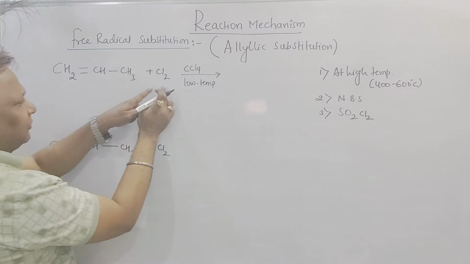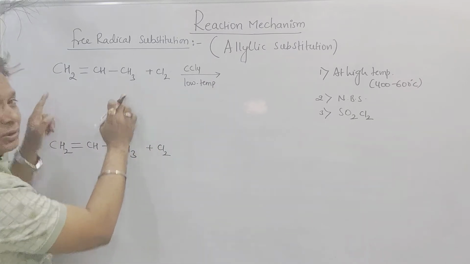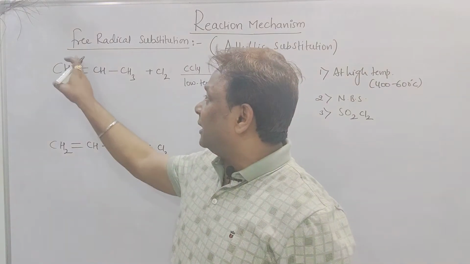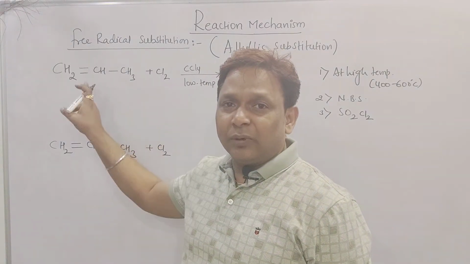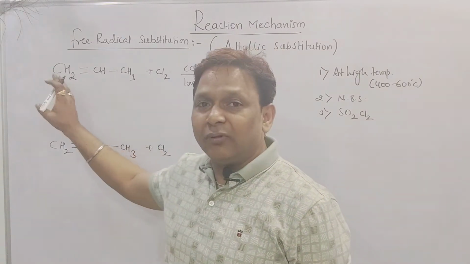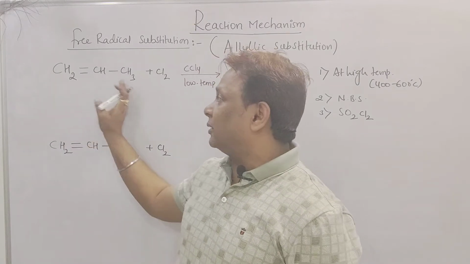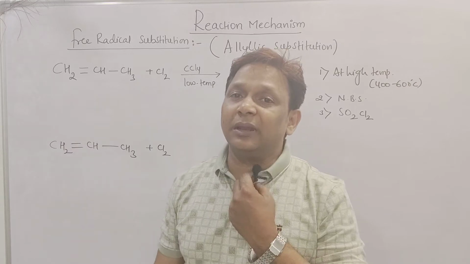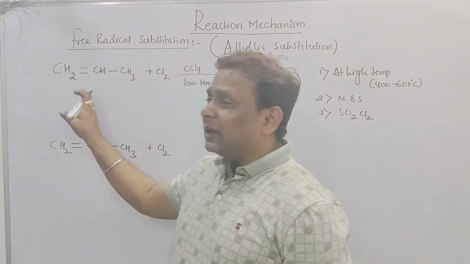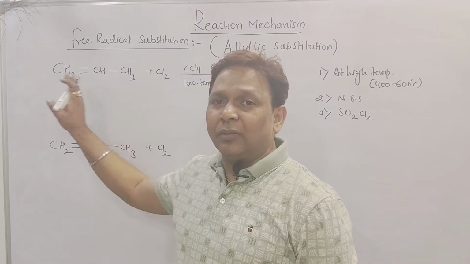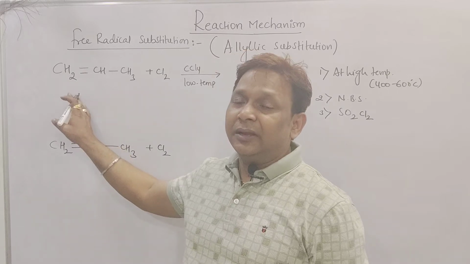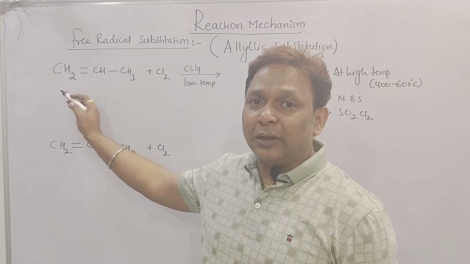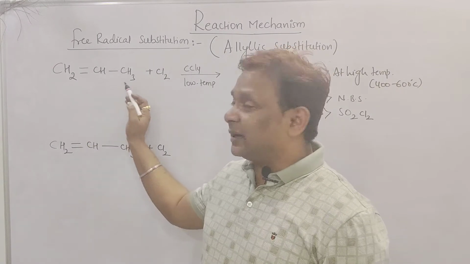But addition of halogen in the unsymmetrical alkene, do you know what is meant by unsymmetrical alkene? If you break the double bond, we are not getting equal number of carbon and hydrogen on either side. That is called an unsymmetrical alkene. But if you break the double bond and you are getting equal number of carbon and hydrogen on either side, then it will be called a symmetrical alkene. So this is symmetrical or unsymmetrical, beta? This is an unsymmetrical alkene.